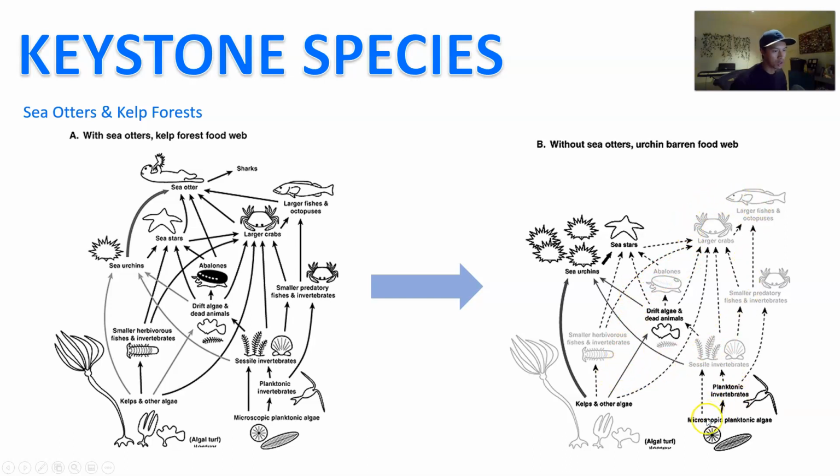And then as a result, other things like your microscopic plankton grew out of control, which might have increased or reinforced the effect of sea urchins that also eat them, or the sea stars. And so that's going to be a big problem because obviously you had 10, 15 different species down to 2 or 3, and that's a pretty big collapse.